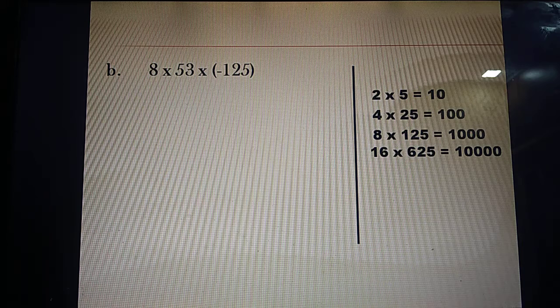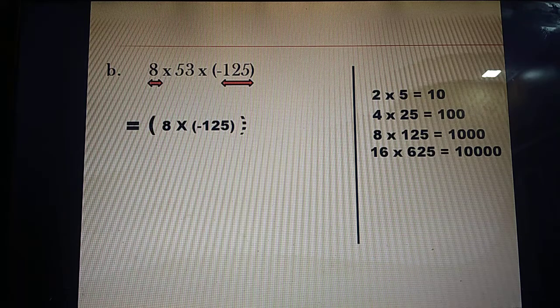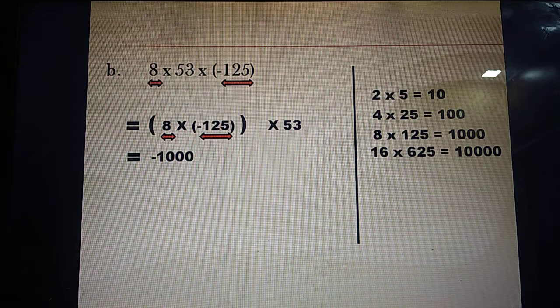It's very easy. Now, one such pair is there in our sum. So we will multiply here 8 and 125. When you multiply these two, first you will rearrange it and put it in a bracket to show that we will solve this first and then whatever integer is left. Now when you multiply these two, the numerical value will give you 1000. But what about the sign? As the signs of the two integers are different, you will get minus 1000.